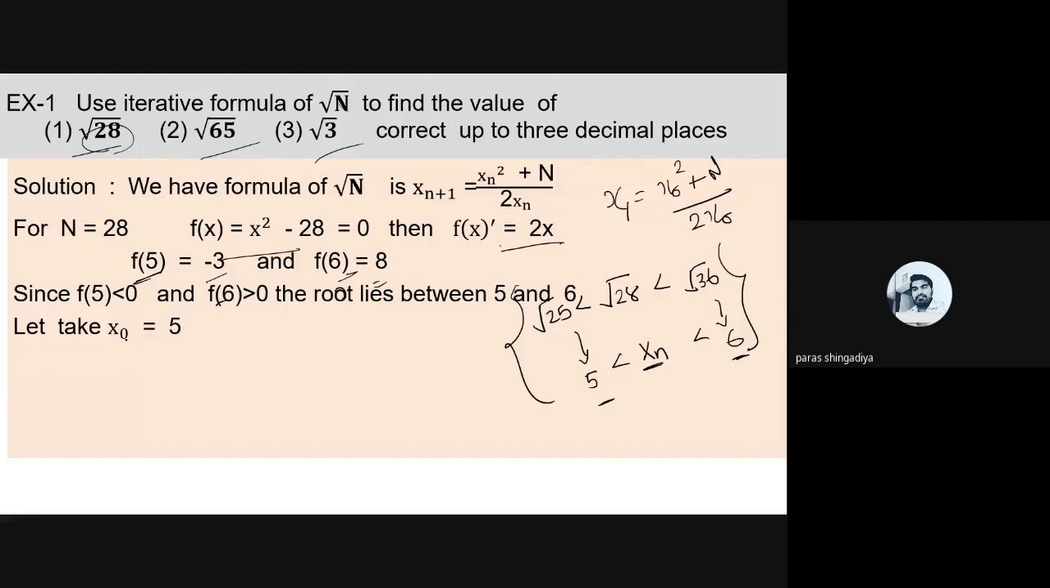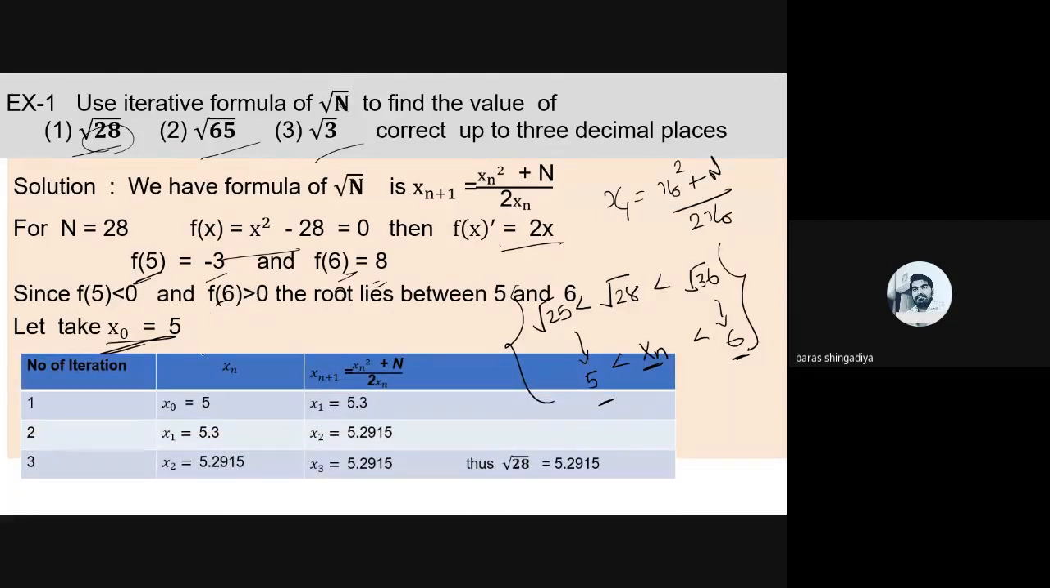So let us take x0 is equal to 5. You can also consider x0 is equal to 6, that will also get the same answer at last. This is the table for the evaluation: number of iterations, then the value of xn, and then the formula. So the first iteration starts with x0 is equal to 5, and now the formula of x1 will be